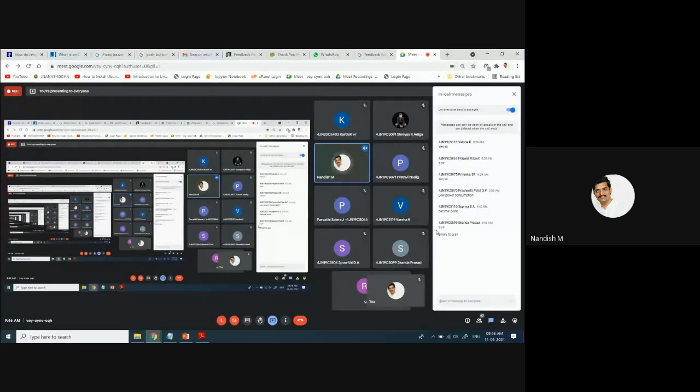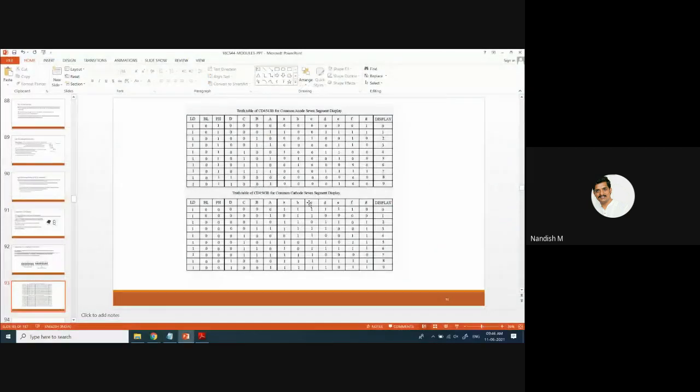Okay, it is common cathode. See the common cathode. In order to display 1, see B and C, we are supplying 5 volts. In order to display 0, A, B, C, D, E, F, we are supplying 5 volts, and the other one has no voltage.